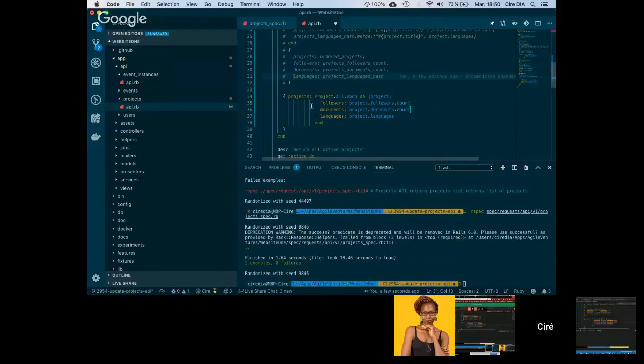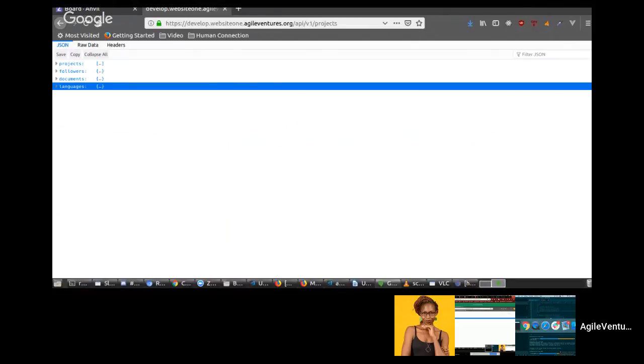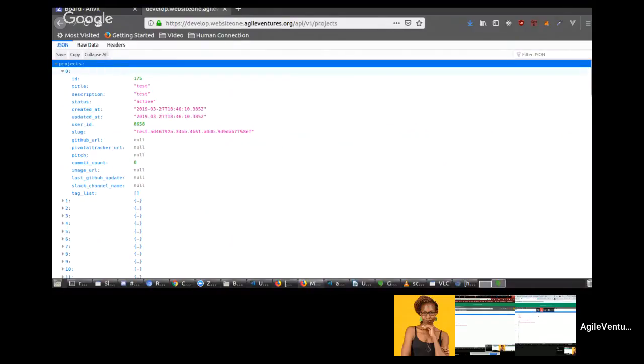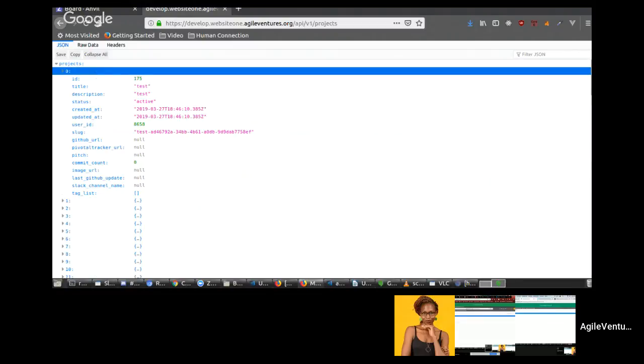We're not writing it right now, we're just explaining how to design it better. So if you look here, Mike, this is the JSON that's returned when we hit the view on project. What Sire is saying is that it doesn't make a lot of sense to have projects, and inside projects a list of objects that are projects. If you click on the first project, it would have all these ID and tag lists and everything, but then it would have another